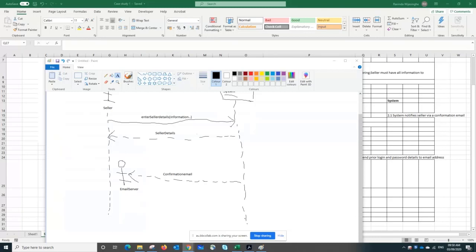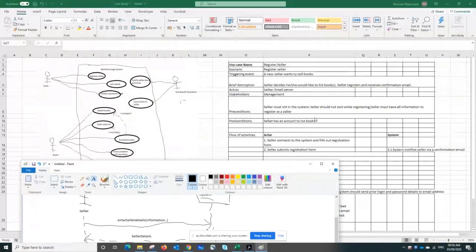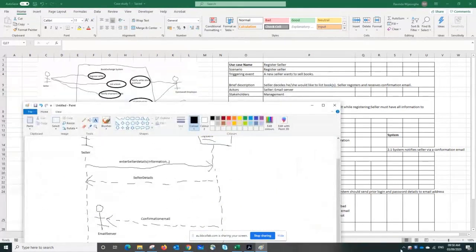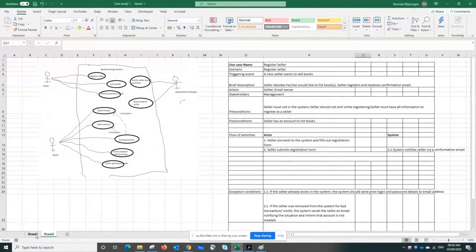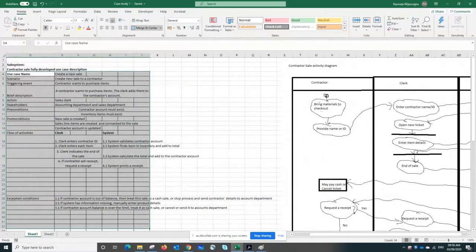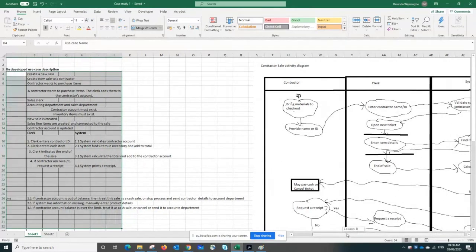It depends, Michaela, because in some complicated use cases, yes, we do the activity diagram first, because we want to model. Now, what does the activity diagram actually show? It shows the interaction. So we can clarify it further if we develop the activity diagram first,